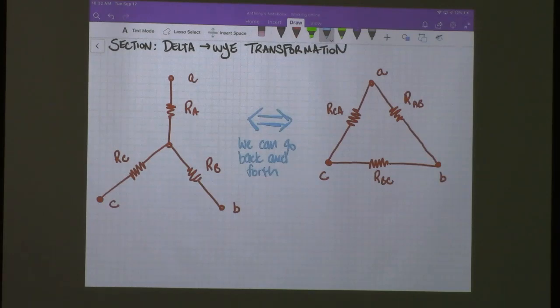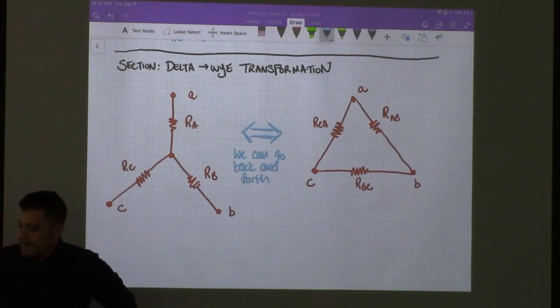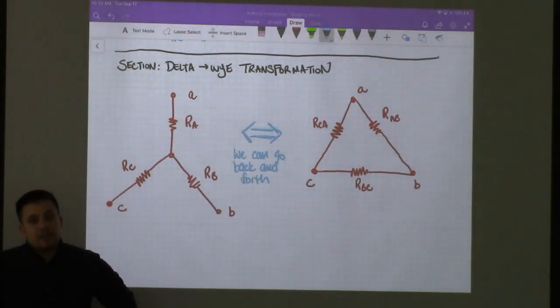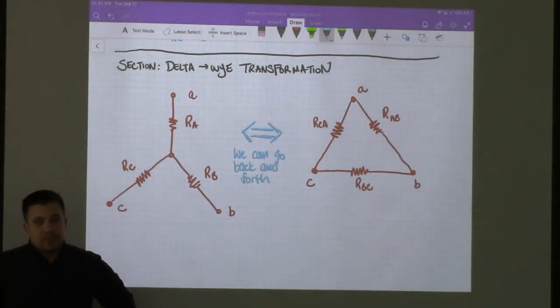Okay. So if you have a circuit that has some combination of resistors that looks like this, we can use